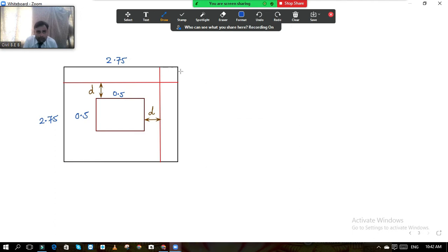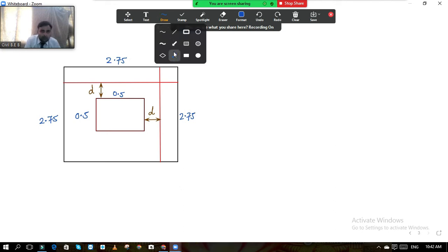See, now I want to calculate what are the dimensions of this strip. Okay, you are seeing over here, this is the vertical strip, this is the horizontal strip. Now I am interested to know the dimensions of this strip. What will be this side and what is this side? Okay, that I want to evaluate. So for that purpose, this is 2.75, so naturally this side is 2.75 meters. There is no confusion in that.